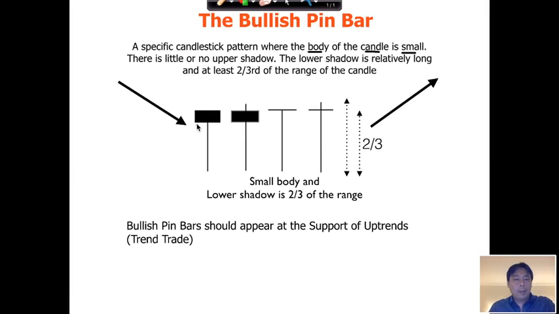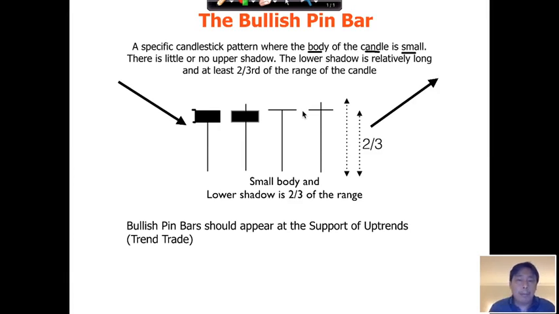Now notice I put it in black. What does that mean? It means that it could be a green body or a red body, it doesn't matter. What matters is the shape of the candle. That's why it's in black. If this was a green body, it would be open price there, and close there, and it's pretty close, so it's insignificant. If it's a red body, it would be open and close, small candle body, same thing. Now for these two cases, you can see the candle body is just a straight line. Why? Because the open and the close are the same price.